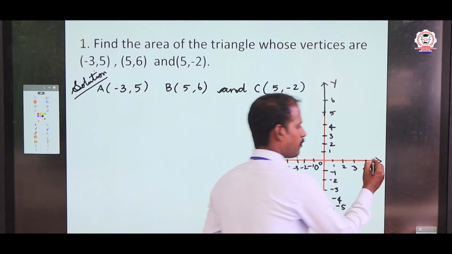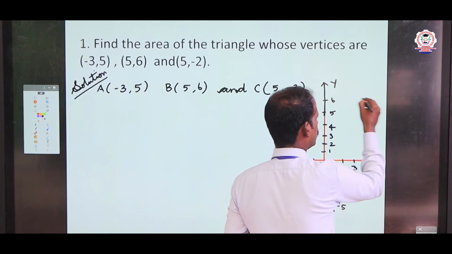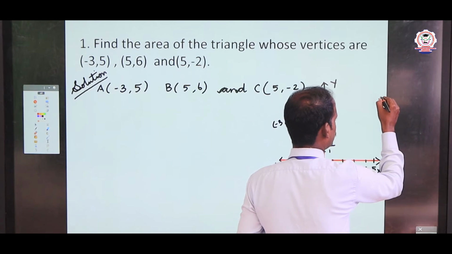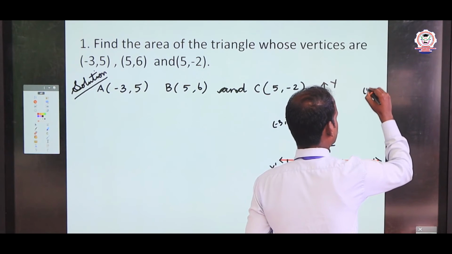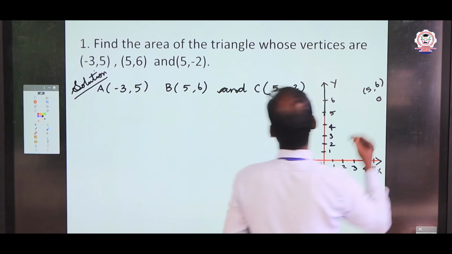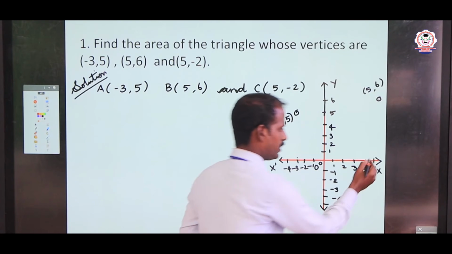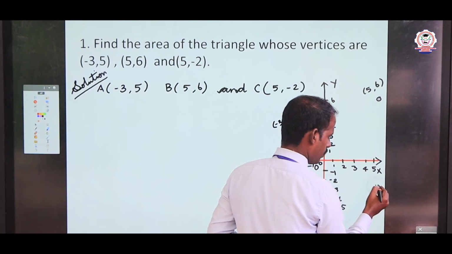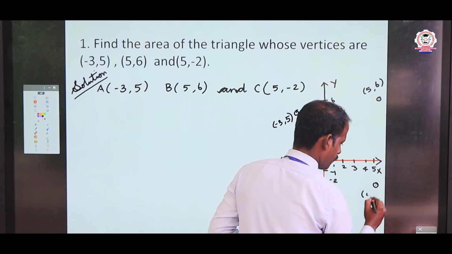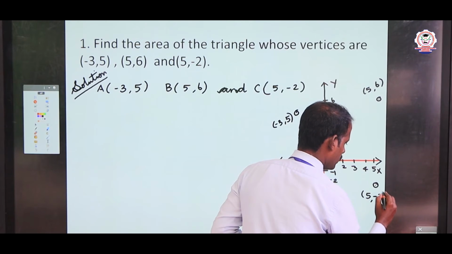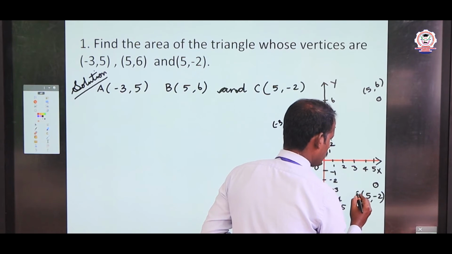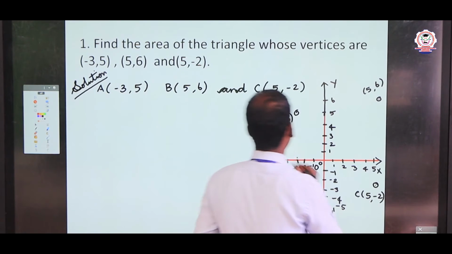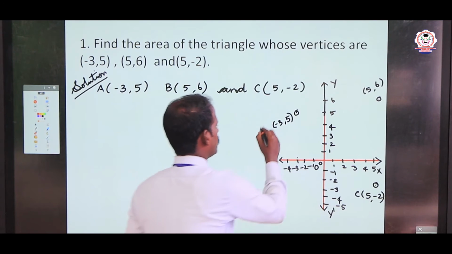So here x value is 5 and y value is 6. So we can mention here this is B, 5 comma 6. And the third point, 5 comma minus 2, here the negative value. 5 comma minus 2. This is the C point. Okay, this is A point,